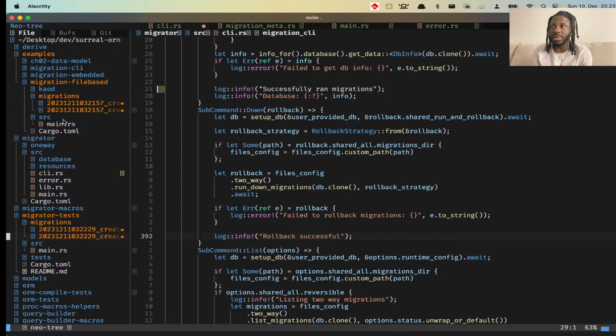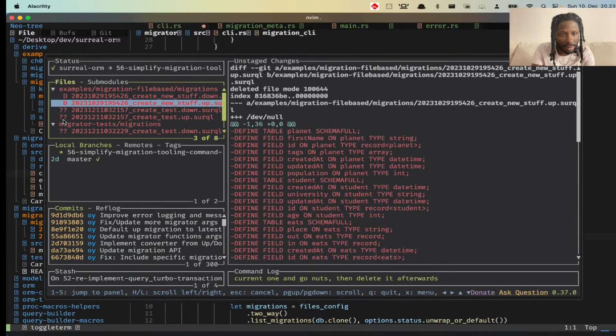The next thing also is, how are we going to get the information for the database in the current context, so that by default you don't have to specify the path, the URL to the database, and you also don't have to specify maybe the database name and the namespace name, if we can get that from the current context. And I think we can. So what I'm going to do,